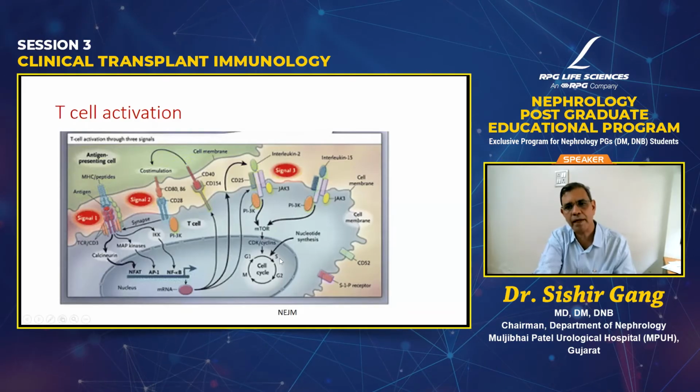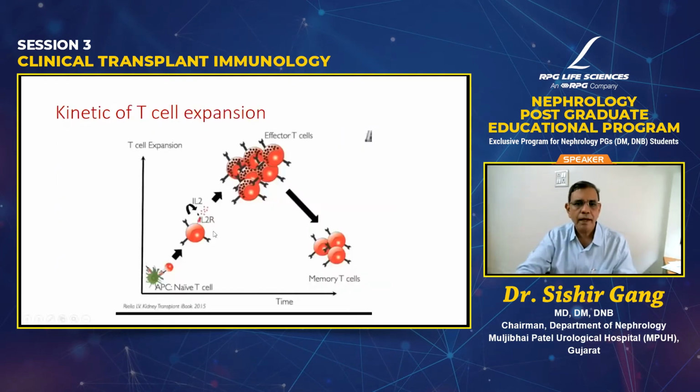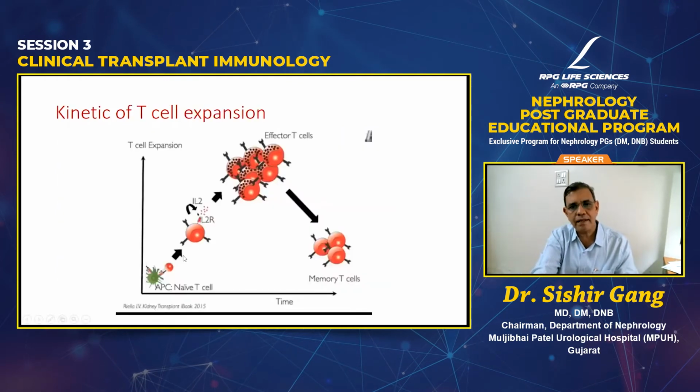Okay, so there are several ways by which signal 1, signal 2, signal 3, all the signals are important to understand because a lot of pharmacotherapy is based on this signaling. Now, as I said, once the naive T cell starts proliferating because of interleukin 2 and receptors of interleukin 2, then they have to really start working hard.